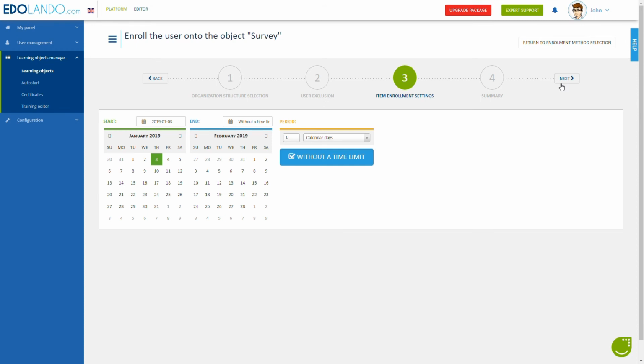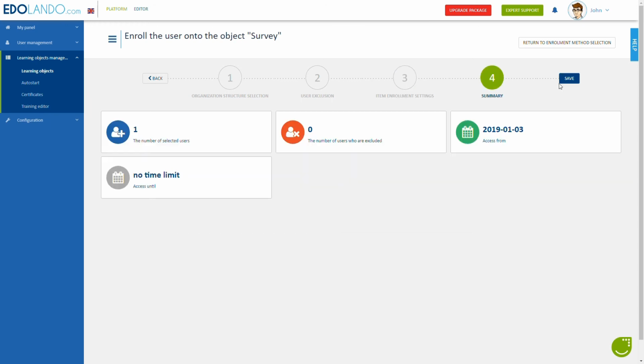Here, you can define the period of time in which the users have access to the specific learning object by clicking on the dates in the calendar. You can either indicate the period of time or allow access for an indefinite period by clicking on the appropriate option. If you click Next, you will go to the last step, where you will see a summary of your